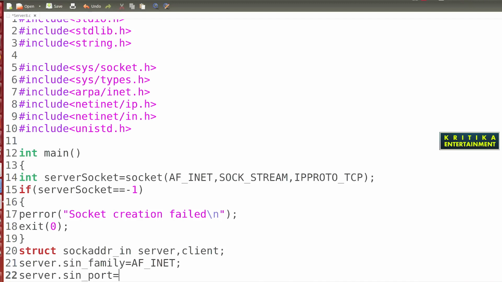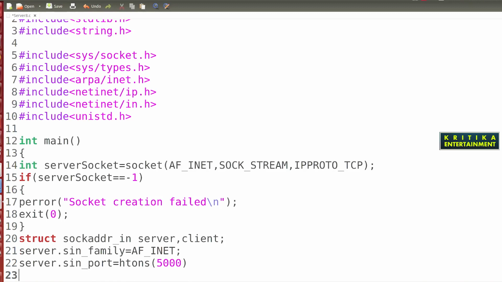What is the port? The port is htons, host to network short. So here I give the port 5000. Better to write server.sin_port, okay.